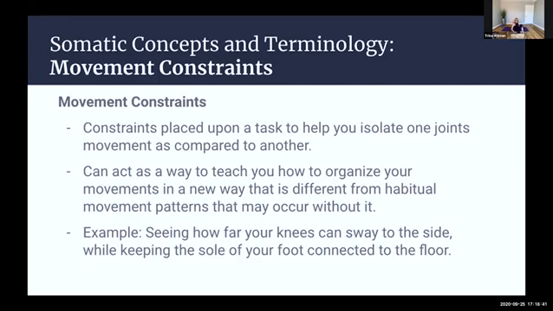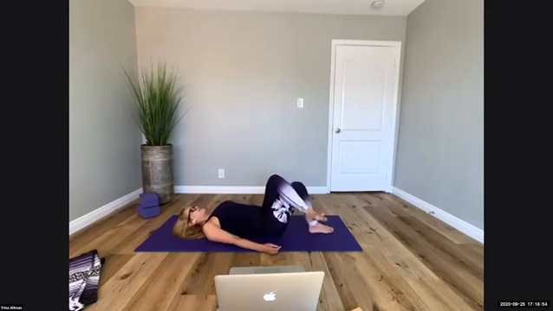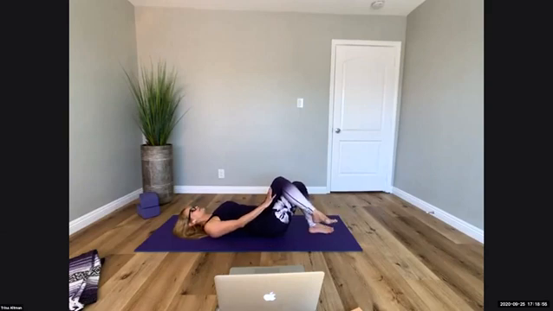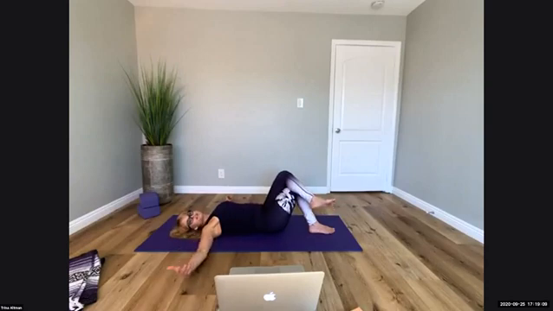So let me stop share and come look, make sure you can see the sole of my right foot, which I'm bouncing right there, maybe before you lie down. So if you cross your left thigh over your right, like I'm doing, I've got the sole of my right foot on the ground, arms are out to the sides. I'm going to take my legs, my knees, over to the right, but only as far as I can keep the outer edge of my right foot on the ground. And then I come back.